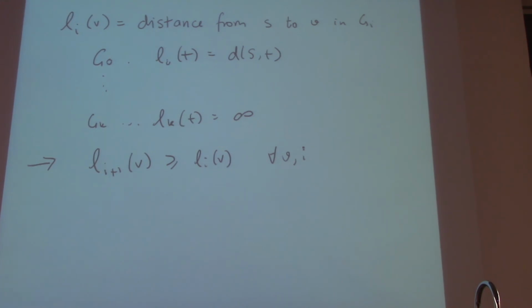Eventually, you're going to push as much flow as possible through a vertex, and that edge is going to get reversed. That means you can no longer get to it now. Maybe you saturate its capacity. So the path to get to that vertex now will get a little longer. And what this claim is saying is that this in fact happens for every vertex. Every vertex level never decreases. Things only look like they're getting further and further away. And at some point, of course, T goes infinitely far. And that's when you stop.